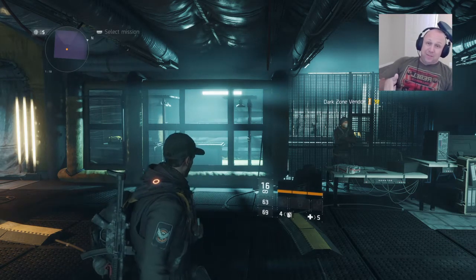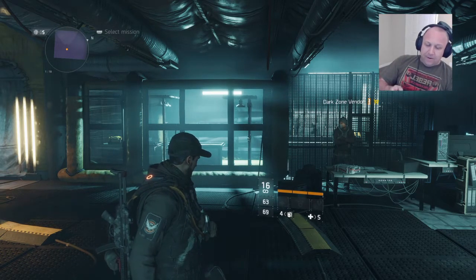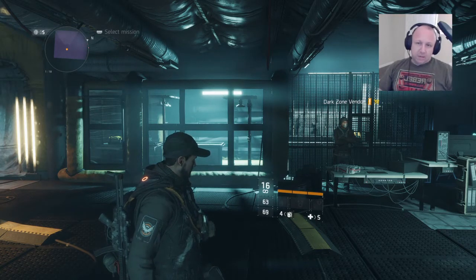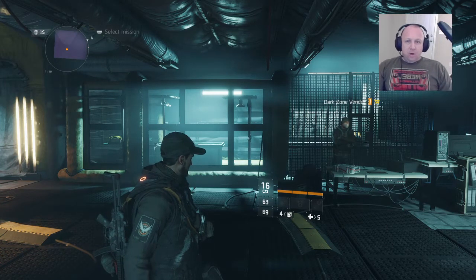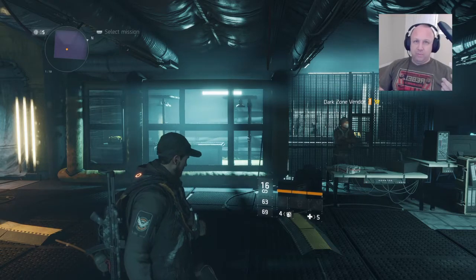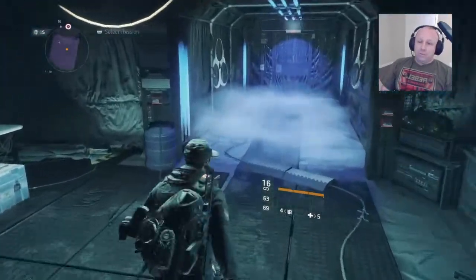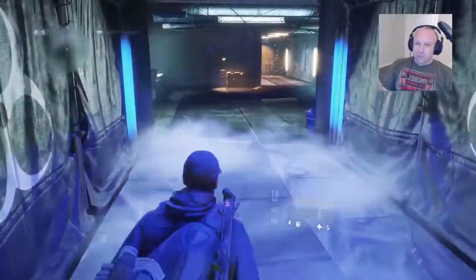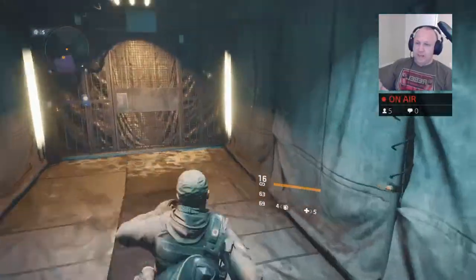You'll also be able to set up macros for this. Meaning that if I hit X, I can set it up to do 3 or 4 or 5 different things, however I wanted it to do. For instance, if it was a fighting game or an RPG or something like that. My disappointment with that is there's no auto run on console. So if I just hit the stick forward like this, I'm going to do this little slow jog. If I want to run, I've got to hit L3 and either hold it down or